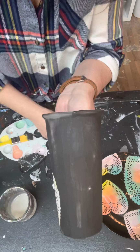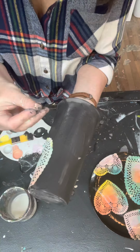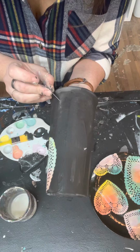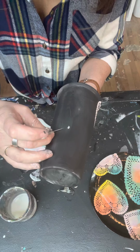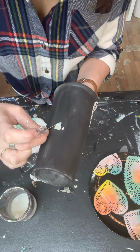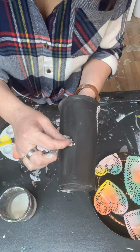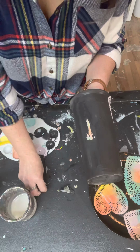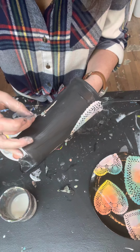Helped. All right, see where it's getting a little bit lighter? That's how you can tell it's drying. That's not a sign that you did something wrong or didn't use enough paint. This is still wet. Okay. So at this point, if this is happening to you guys, like it's happening to me, you could actually